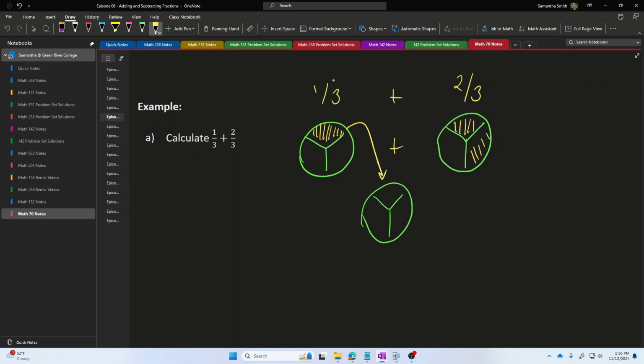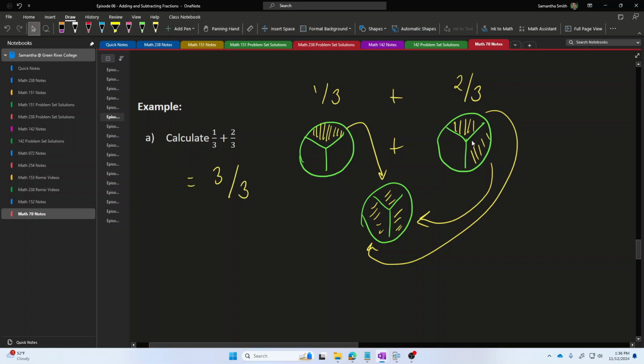Just take this slice, stick it in here, take this slice in here, take this slice in here. In total, I would have 3 out of the 3. I would have 3/3 of a pizza, one full pizza at that point. And so that corresponds to, if you have two fractions with the same denominator already, then all you have to do is add the two numerators together. Add the 1 and the 2, 1 plus 2, you have 3 slices whose size is given by this common denominator of 1/3.